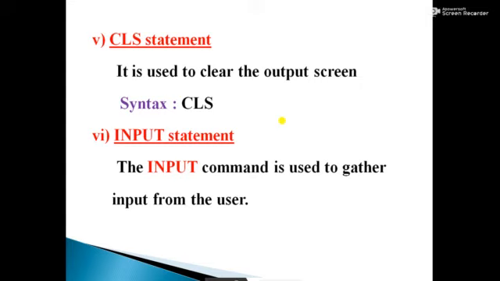That means it is used to get the value from the user. At the time of execution, we can read a value into a particular variable. For that, we are using the input statement.